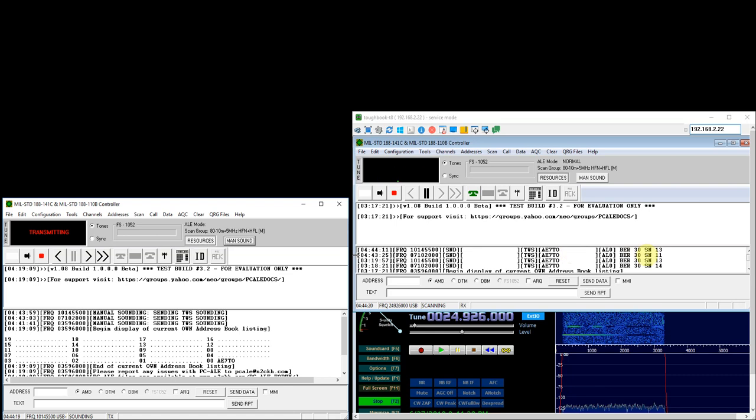And you have some quality indicators over here. It looks like the signal to noise ratio on the 40 meter band is a little bit better. So let's do one more. I will try the 20 meter band, start a manual sounding,